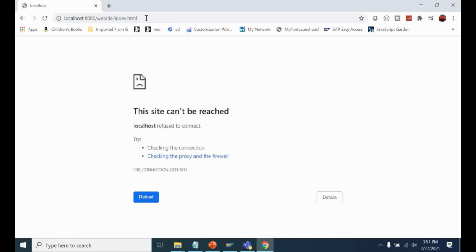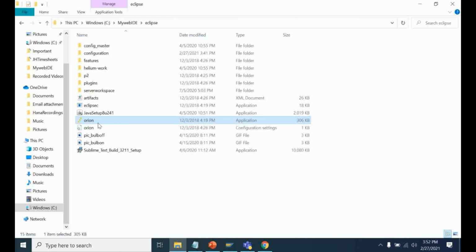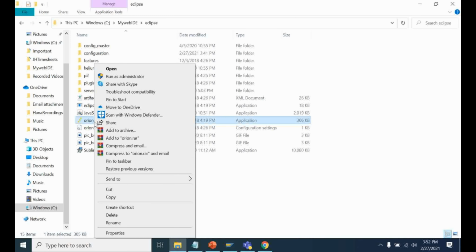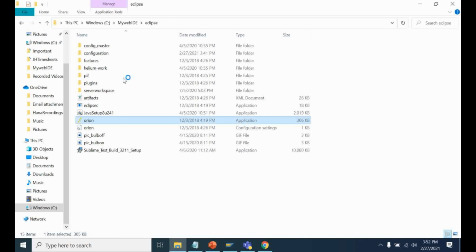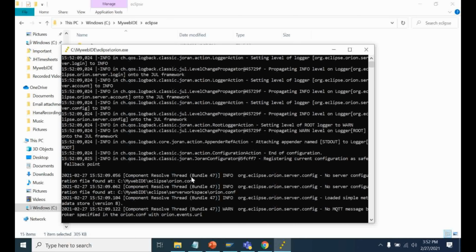But I closed that Orion application, that's why it is giving an error. Now I will rerun the Orion application and we'll see what will happen here. Again the Orion application started.